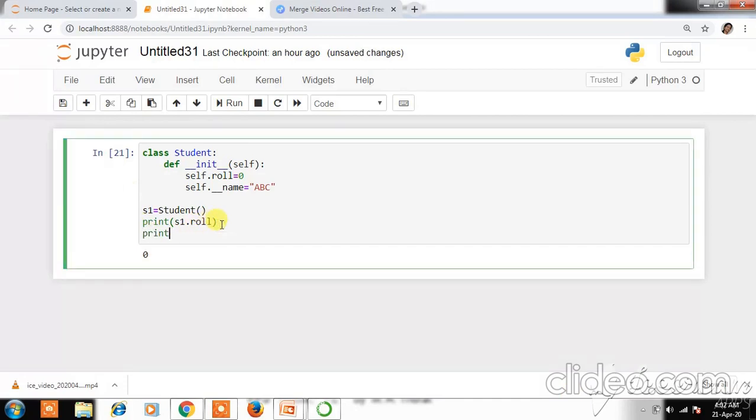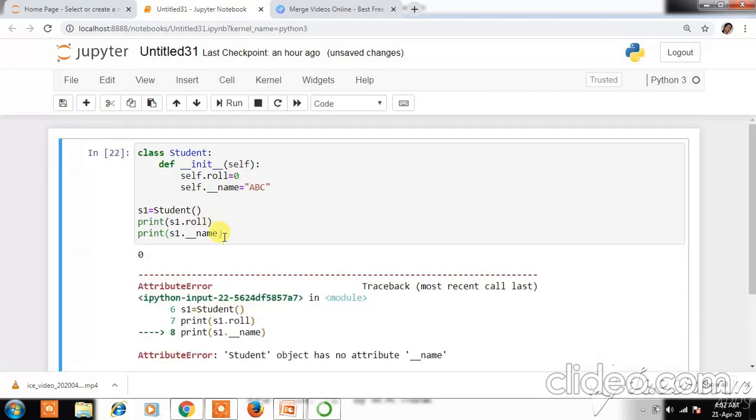So if I write print object name dot name and execute the code, it will generate the error: student object has no attribute name, because the attribute we have written as name is a private member of the class, and we cannot access private members outside the class.